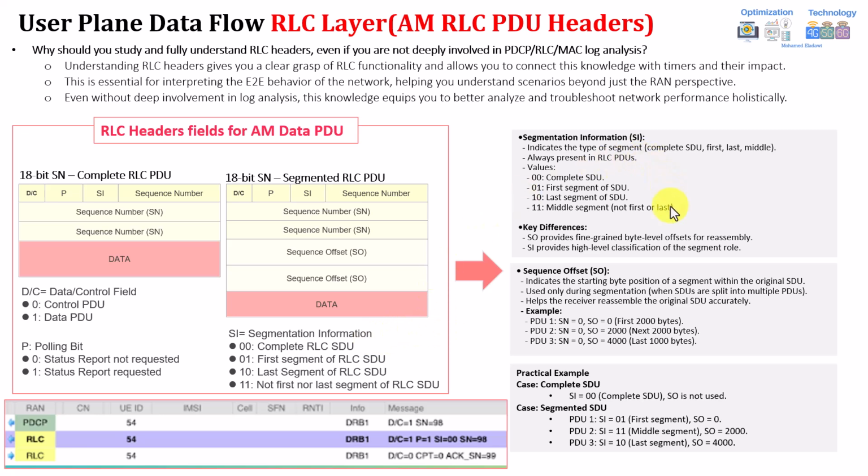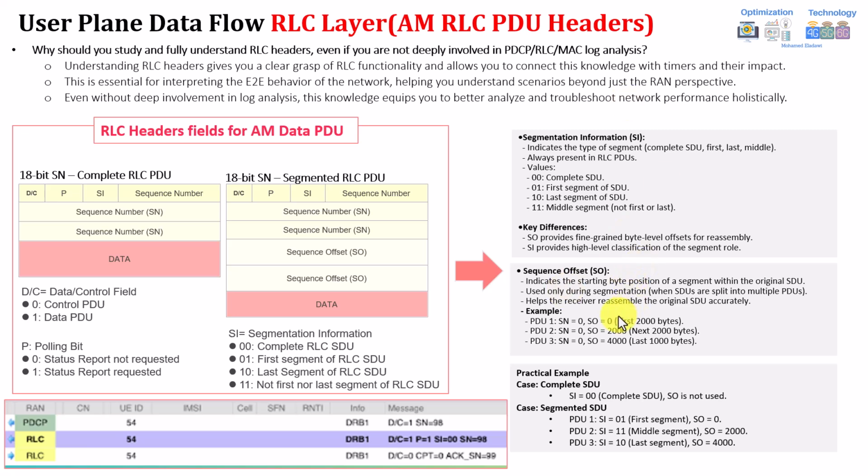And here are more details about the segmented packets, whereas this was for the complete RLC. We have additional headers. For example, as you can see, this one covers everything except the segment offset, which was not covered here. The segment offset tells the start and end point of the packets. For example, for PDU 1 with sequence number 0, all the segmented ones will use the same sequence number, because at the end it's the same packet, just segmented.